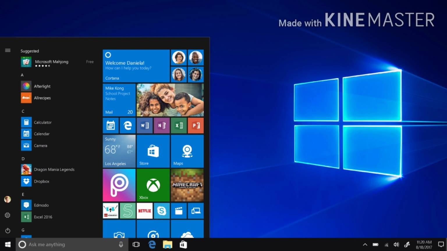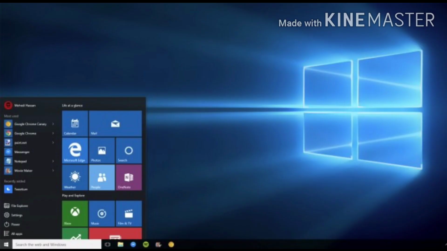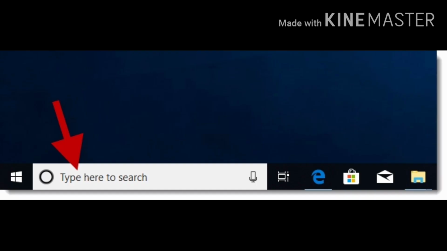The Windows desktop is simply an operating system's main screen. Here you have access to an array of tools like the start menu, taskbar and other icons. Windows 10 also introduced a search box, "Type here to search", in the taskbar, which facilitates browsing both the computer and the web.